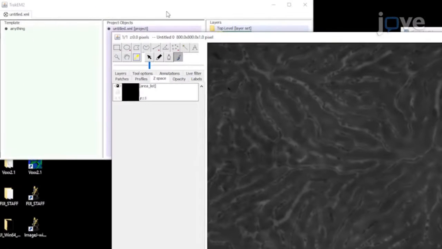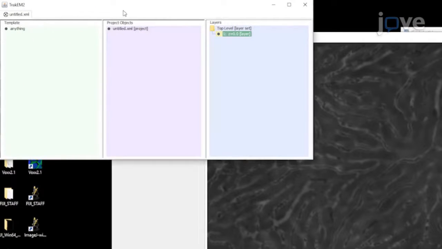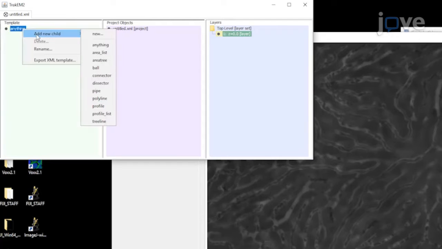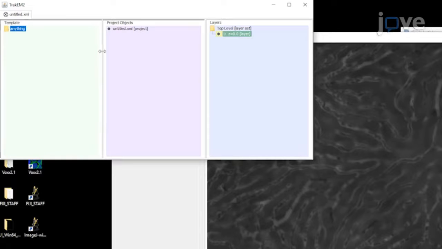To select the areas in the image that contain the vascular network, in the smaller TrackEM2 window, right-click on Template Anything and select Add New Child and Area List. In the smaller TrackEM2 window, drag Template Anything onto Project Objects, Untitled Project. Then drag Template Anything Area List onto Project Objects,